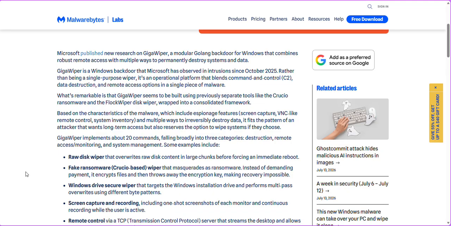I've heard of wiper malware before, but this one has a fake-ransomware-based wiper that pretends to be ransomware, but behind the scenes the malware is wiping files. It's actually encrypting the files, then throwing away the encryption key, making recovery impossible.